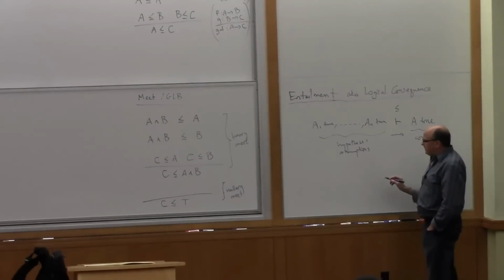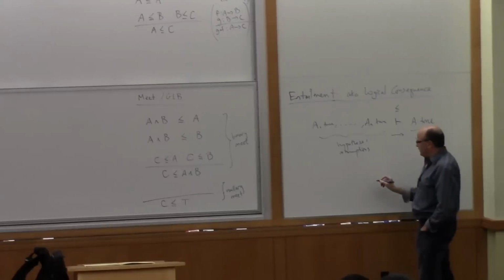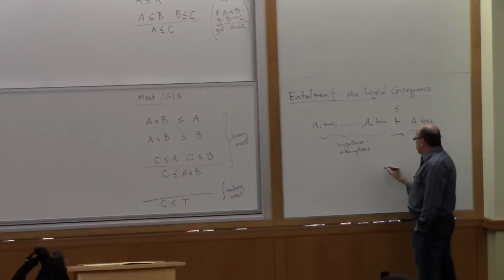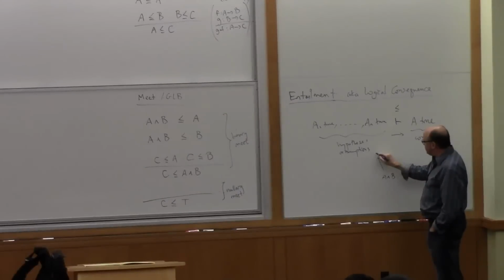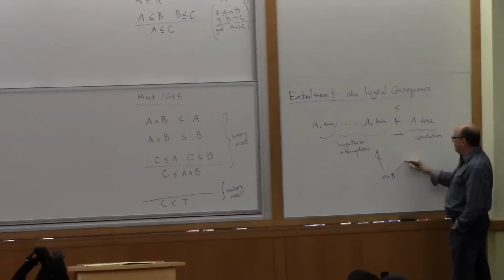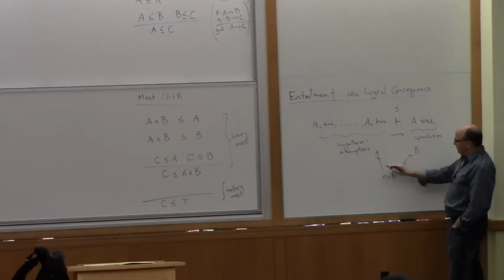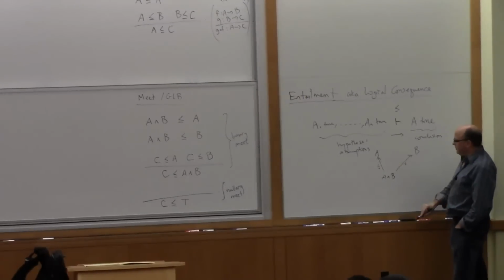So let's write it like that, which is the idea of a Hasse diagram. You're probably familiar with this idea. So the characteristic diagram we have is this. I have to think of which direction I want to draw. If I take A and B, what we will say is A and B is less than A. You can draw it like that. A and B is less than B. So this is our less than or equal to. That's what I mean by less than or equal to.